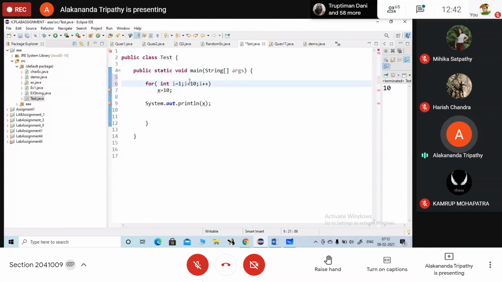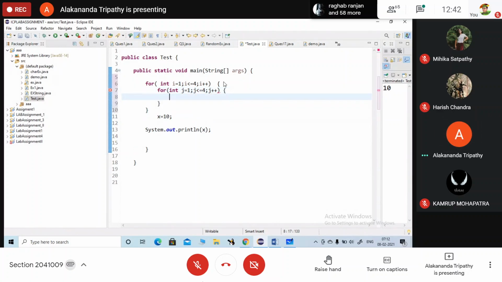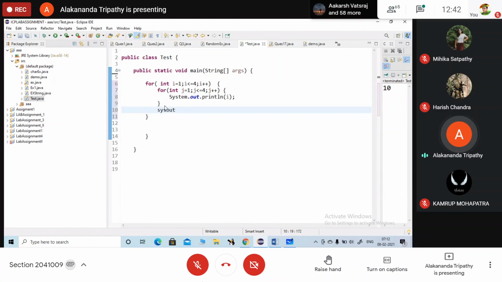For I equals to 1, I less than equals to 4, and within it another loop is there for j plus plus, system.out.println I. Then here I will put system.out.print. Check the code.